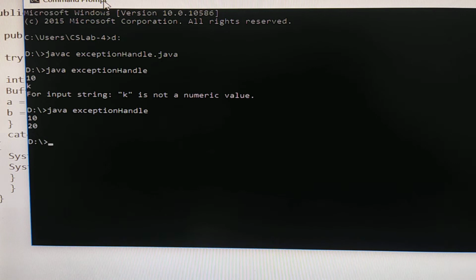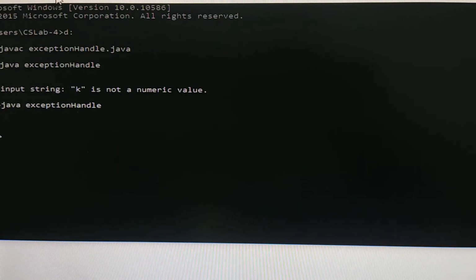So this is your program number 16, where we are taking two input values A and B from a user, and if the user gives only integer values, it will accept. If the user gives any other data type or format, it will throw an error. So this is program number 16. Now I'll explain program number 17, string operations.